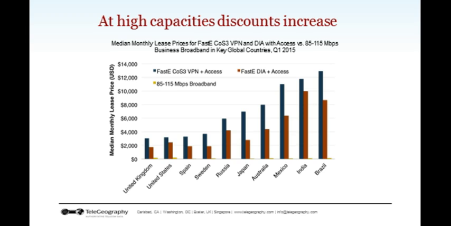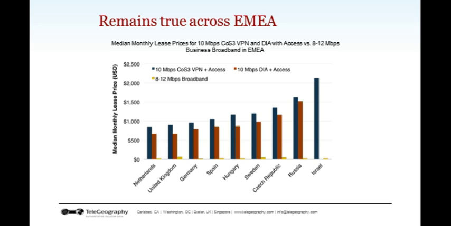So here our average multiple between broadband and VPN is about 87. Again, the U.S. is kind of at the lower end at about 14, but you have some markets like Mexico, India, and Russia where the multiple is more than 100. So some really big differences in price between broadband, DIA, and VPN.